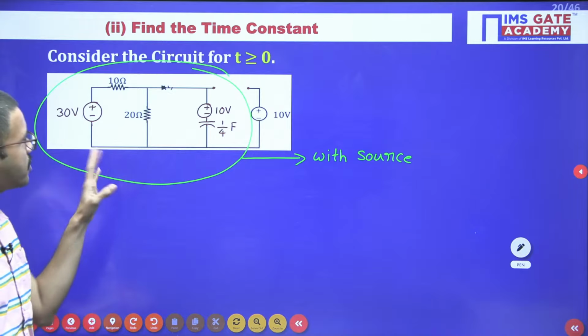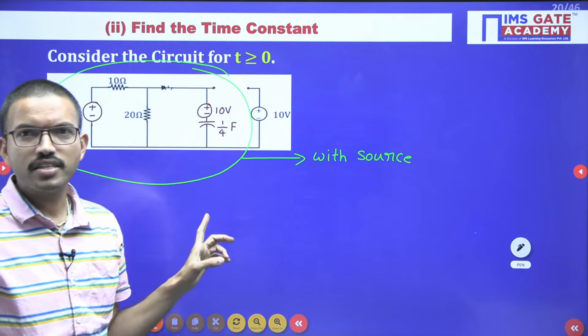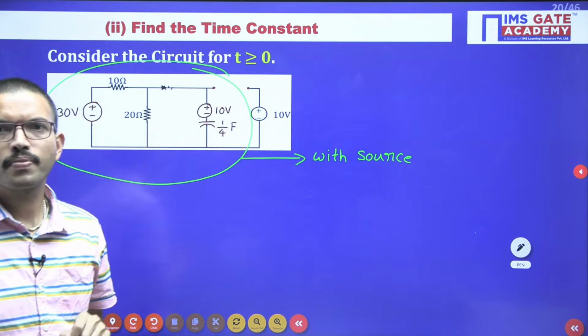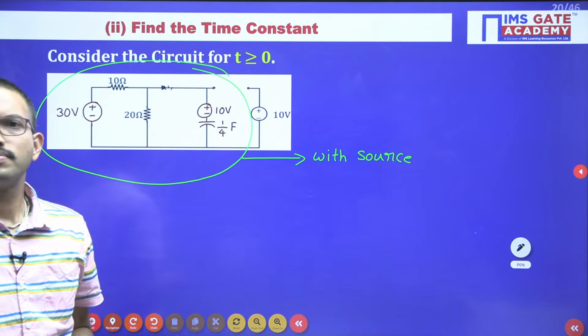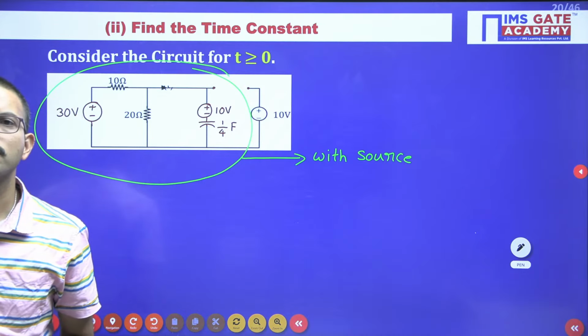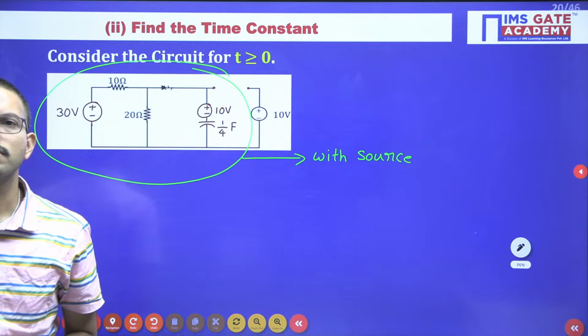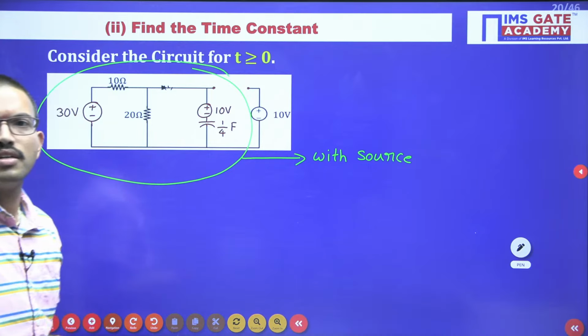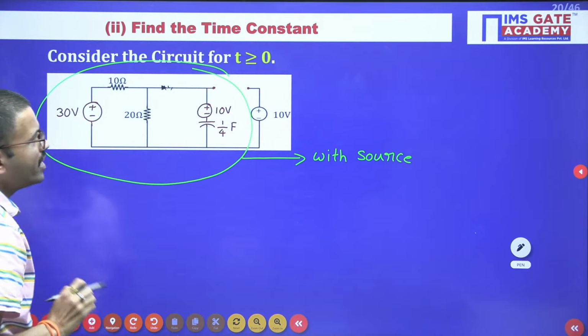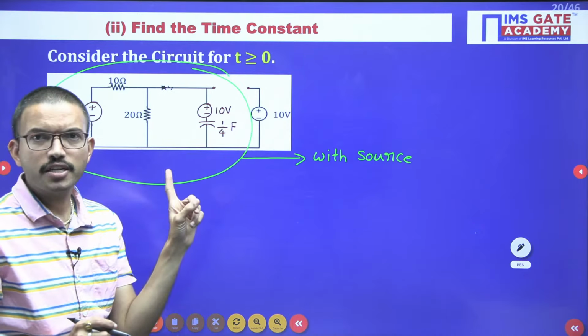Anu, actually I have not yet calculated the time constant, I will calculate it. Okay, for the timing I have drawn the circuit for t greater than or equal to 0. Right, so now we have to find the time constant. Whenever you are supposed to find the time constant,